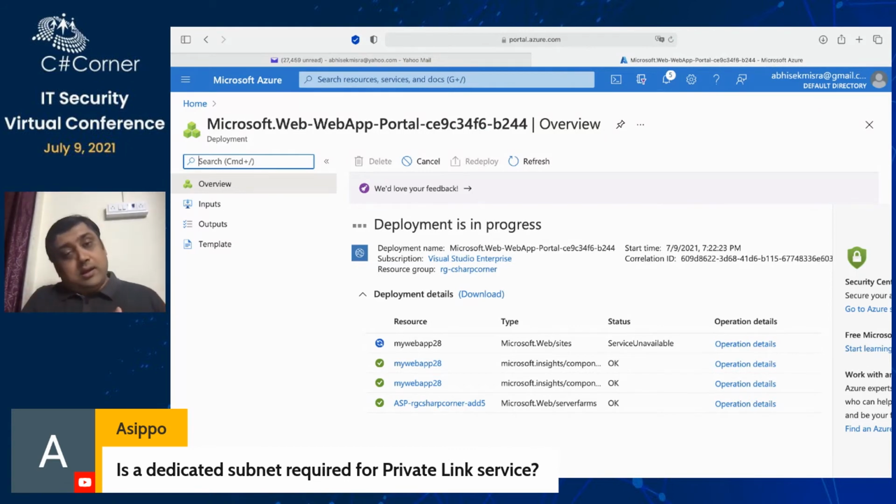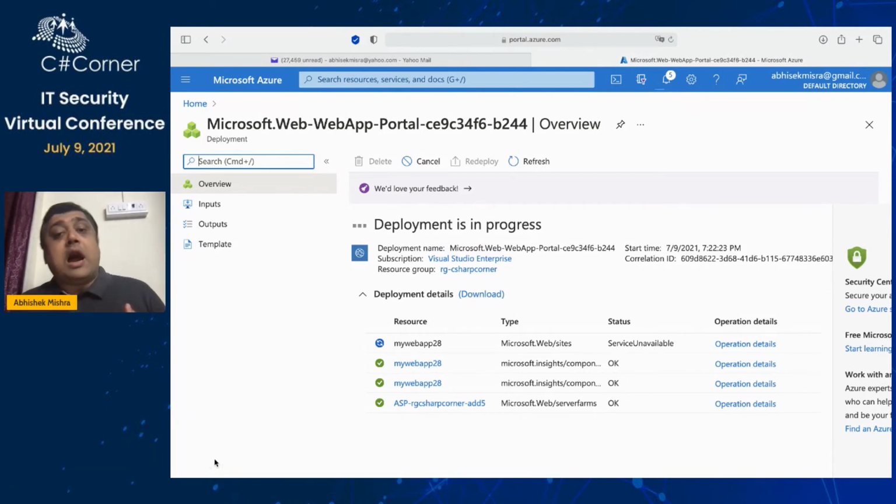It's not necessary that if you have a private link you have to have a delegated subnet, or the other way around. But for good security practice, have both. Incoming will flow through the VNet using your private link, and all the outgoing traffic from your web app will flow through the delegated subnet.